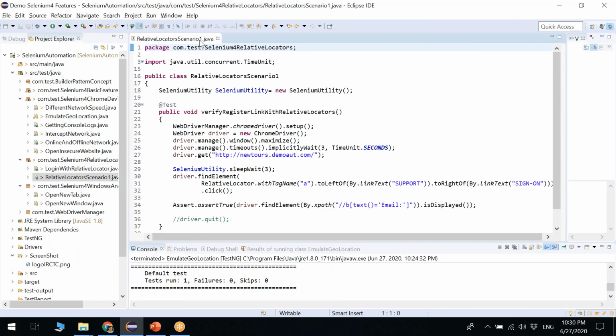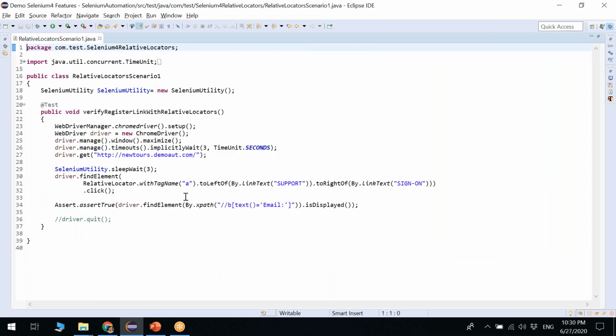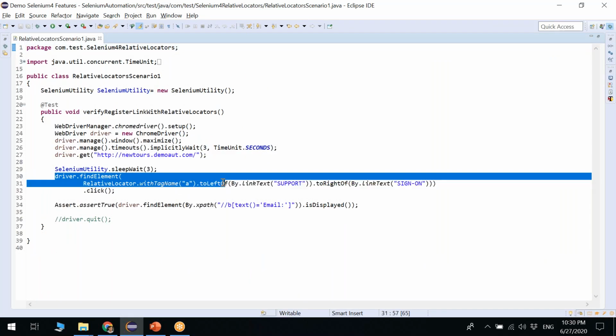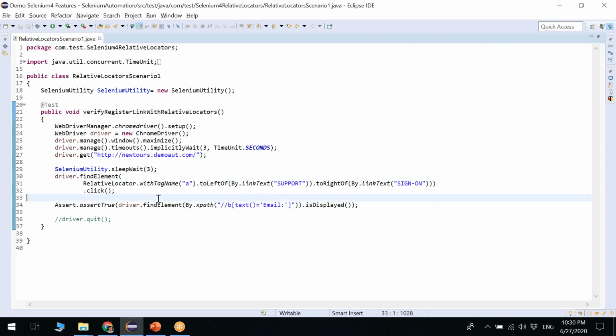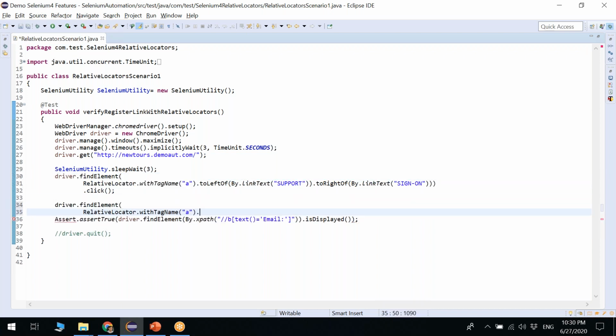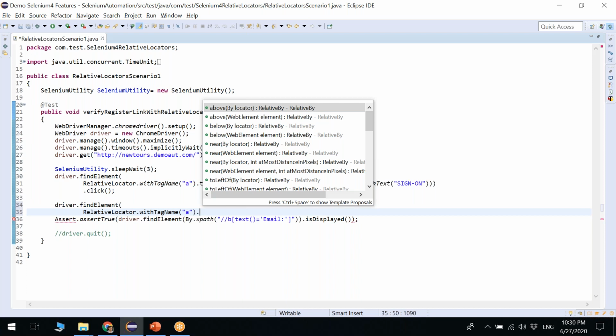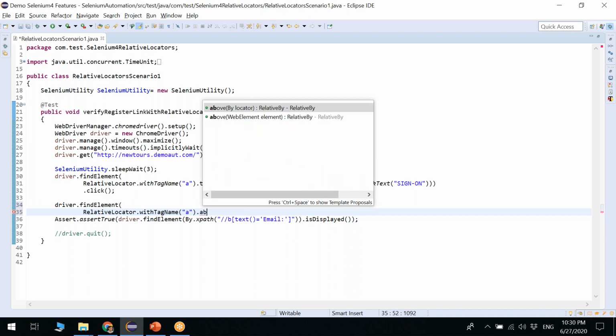This is an overloaded method, so you can pass a By or you can pass a web element itself directly. If you have a web element, you can pass the web element itself here.